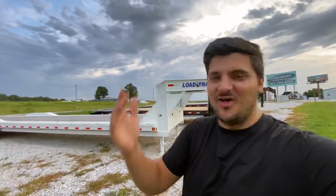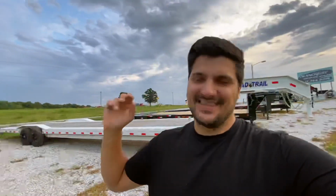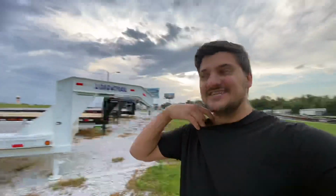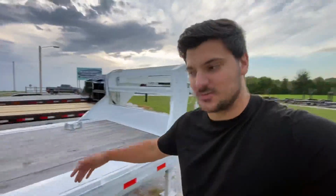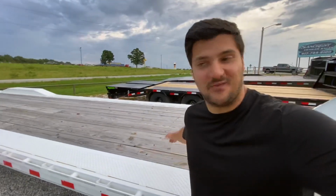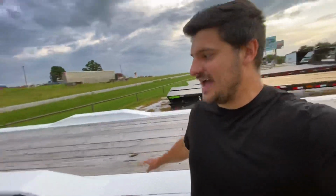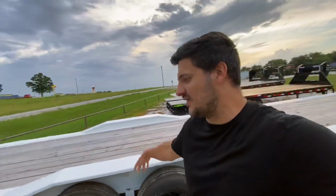Those are all valid questions, but let me tell you how hard it was to find a trailer that's 40 feet long and a tandem axle, like I said in the beginning. Wow, it was challenging to say the least. So I found this thing on Facebook Marketplace, and I'm like, dude, I better scoop it up. The cool part is the deck is 102 wide. That's one important part when you get a car hauler. And the other important part is drive-over ramps. Oh, wow. Okay, so you see the problem? There would be nowhere to strap the...